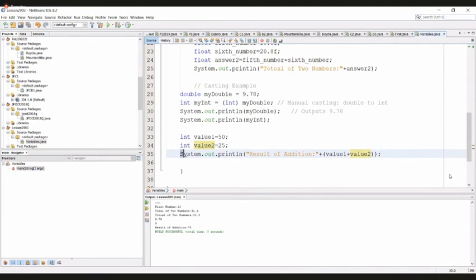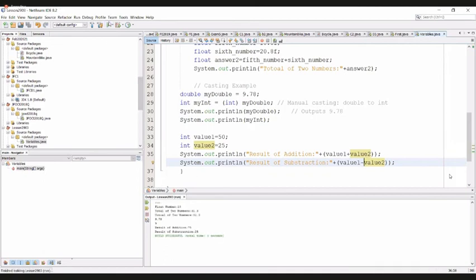Then again I will use the other way. I will change the plus to minus, save, then run the program. Then you will get the result as 25.